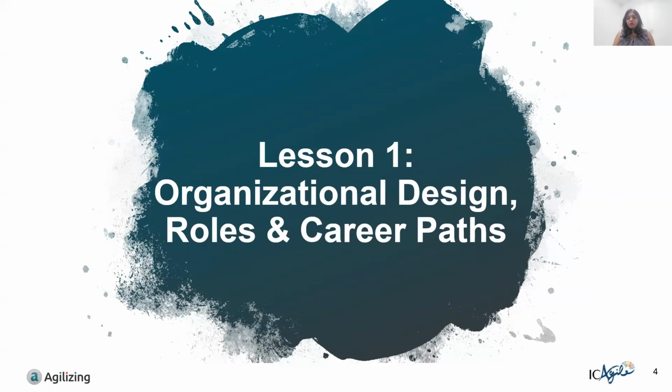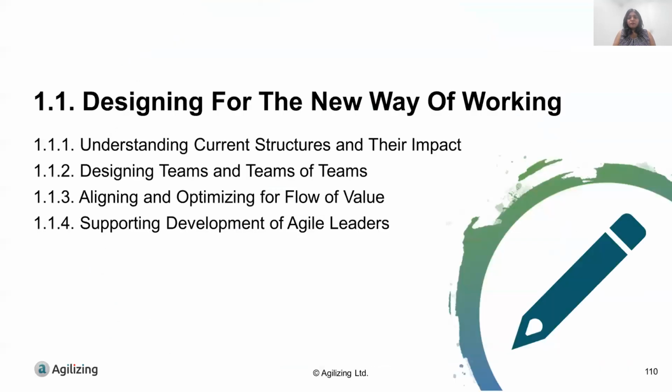This course comprises 5 modules, and the first module is organizational design, roles, and career path. The first section is about designing for the new way of working. The traditional hierarchy structure and matrix organization can pose substantial obstacles to the smooth flow of work, decision-making, and value creation. Encourage participants to reflect upon and analyze how organization design influences organization agility and provide illustrative examples of alternative